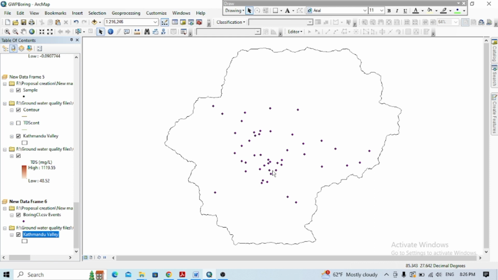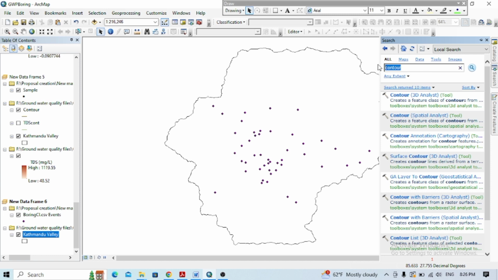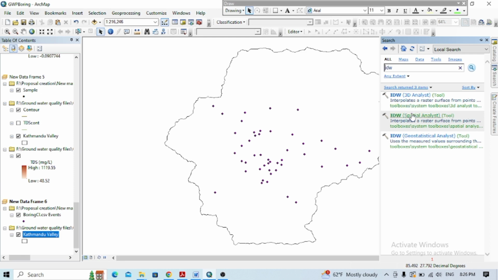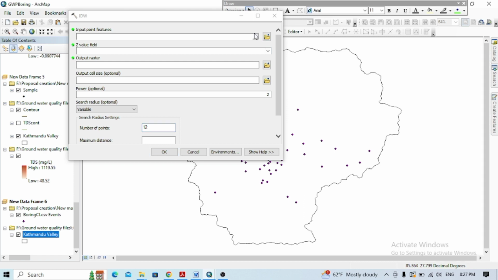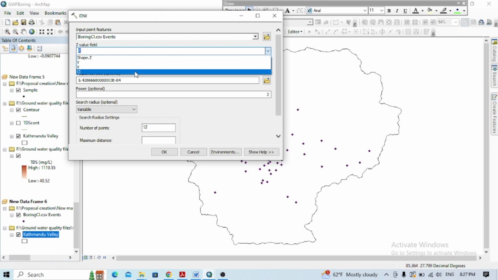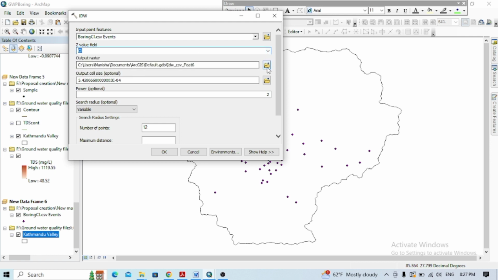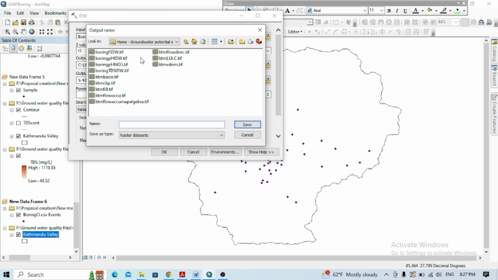of my research work. So now you can do the spatial variation with two processes, IDW or Kriging. But I'm going to show with IDW. You can search here and go with this tool. So input the feature of your CSV data file, and in the Z value put